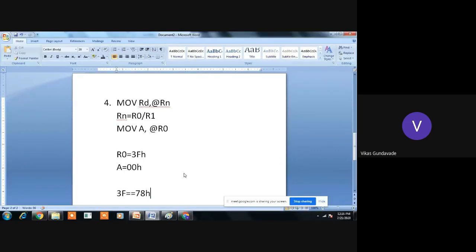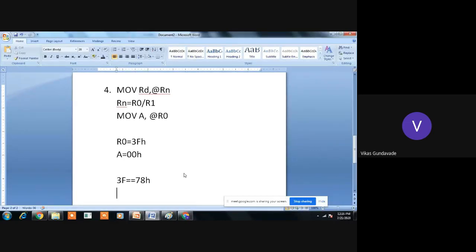After executing move A comma @R0, R0 works as the pointer holding the address 3F. So 3F is the memory location address, and the contents at this location are 78h. These 78H will get transferred into the accumulator. Everyone is getting it?